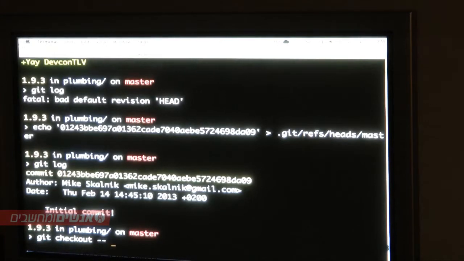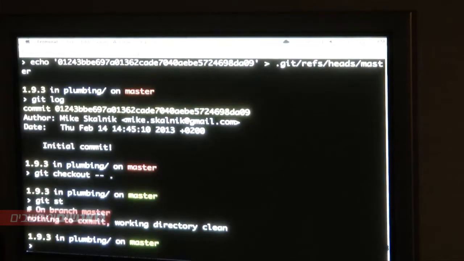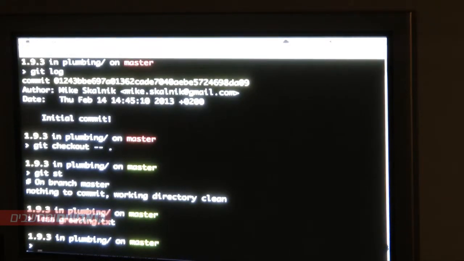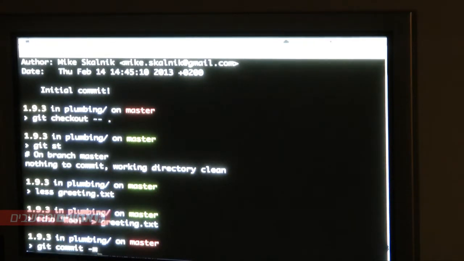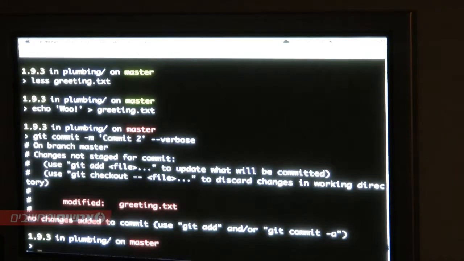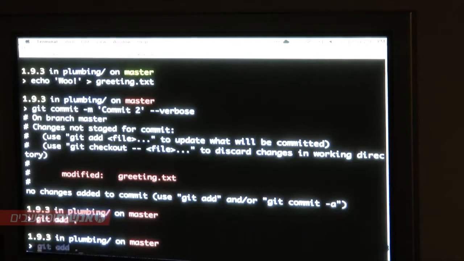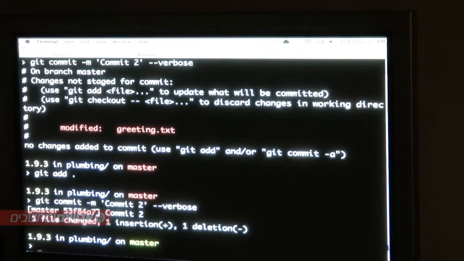let's check out, and that should actually give us our file. So now we've actually written a file. We never actually wrote that on our file system, but doing that checkout is like, you didn't mean to delete that file, let me put it back for you. We've kind of tricked it. So we've written this file. Let's go ahead and change it and see what happens if we do git commit --verbose. I guess I have to add it first, of course. No, nothing more useful.